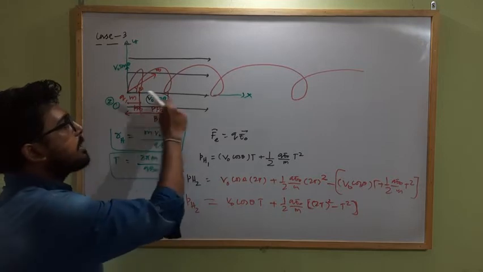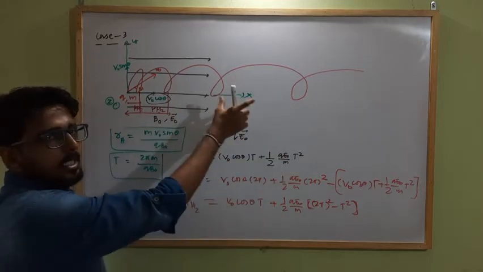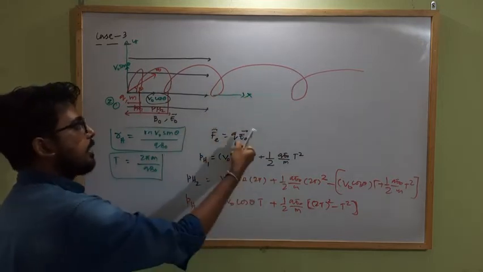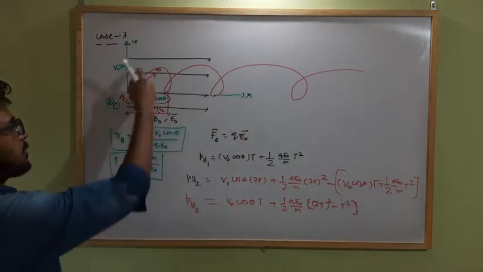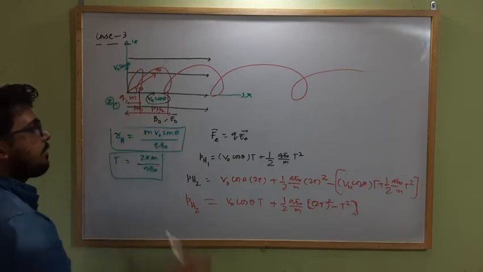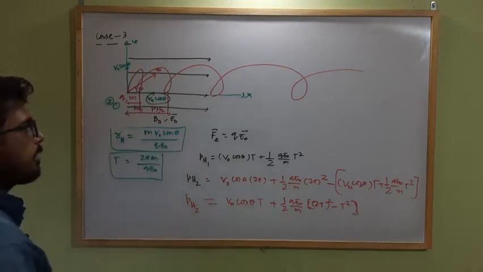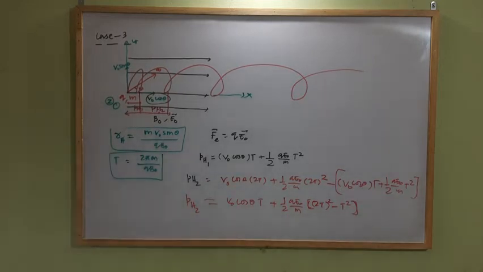Clear? Here the pitch is varying. Pitch is not constant. It gradually increases due to a constant force acting along this direction. Clear? But the radius of the helical path and the time period remain constant. Okay. Next,